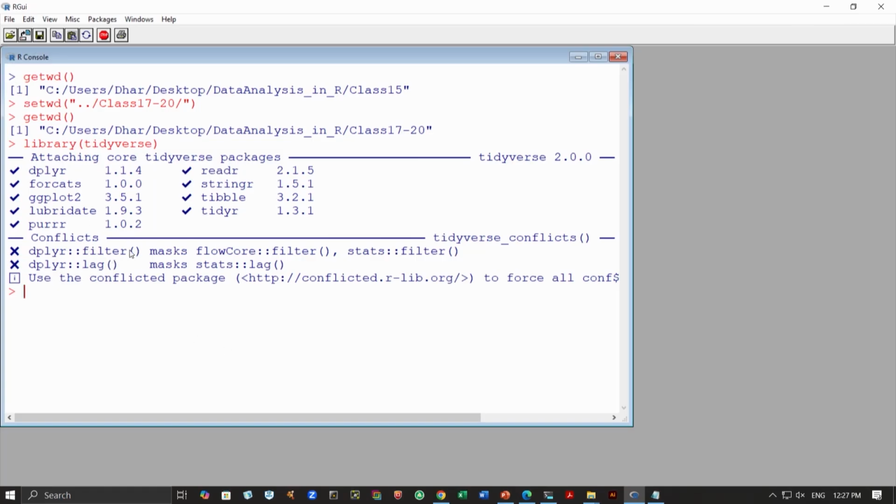It also gives us some information that by loading this package, we are actually masking some of the earlier functions. What does it mean? These packages share common functions, so this package is now overwriting those, and we cannot access those functions. Here are two things that are mentioned. For example, the dplyr filter masks the flow core filter or the stats filter. Stats is the base package. So all three packages have this filter function. By loading tidyverse, because we are loading dplyr, this filter function now takes over